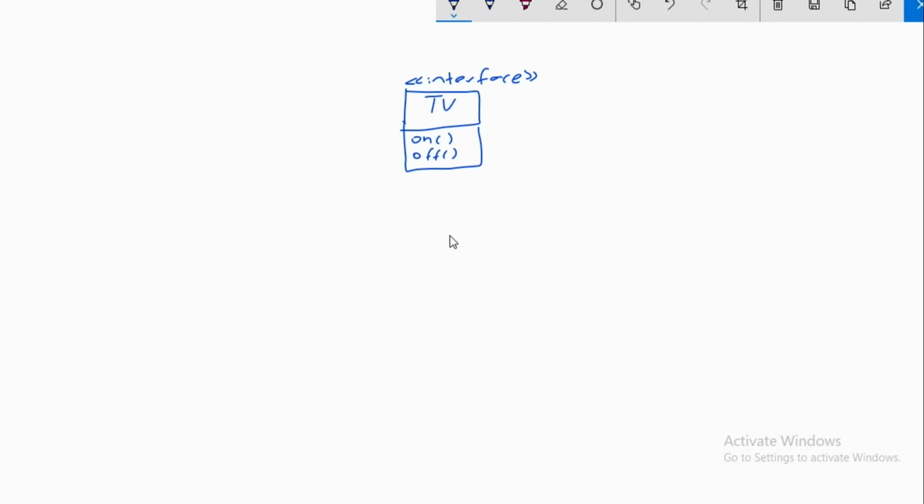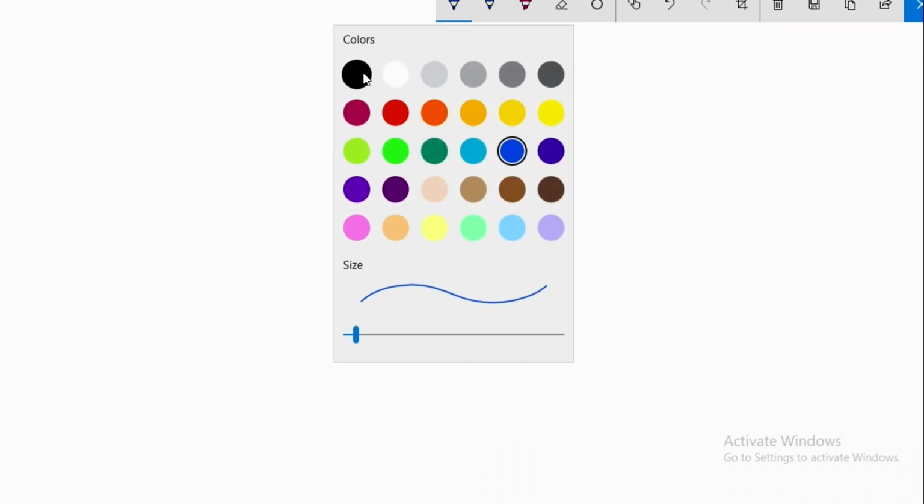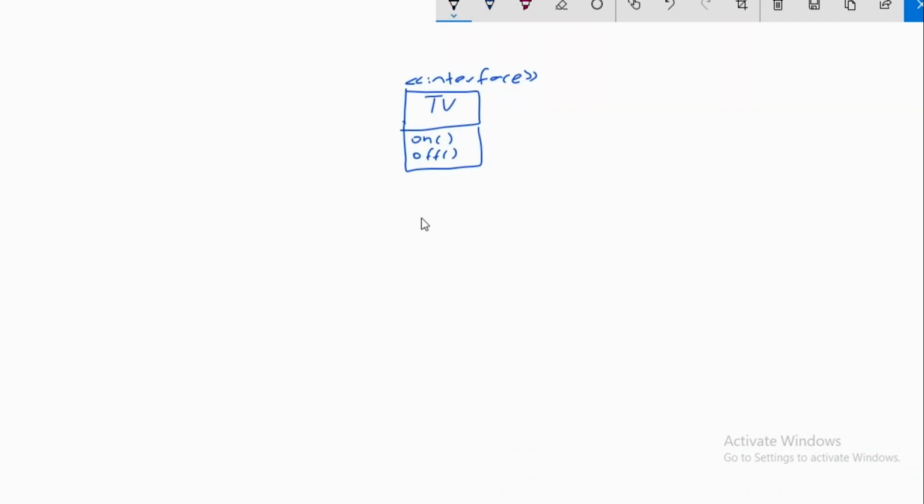And I have two separate classes that implement this TV interface. So what are the classes I am going to implement? I have, let's say, Sony TV. Now its logic is different, so the on and off operations are different. Those are the two separate algorithms I explained, and we vary them using one remote controller.